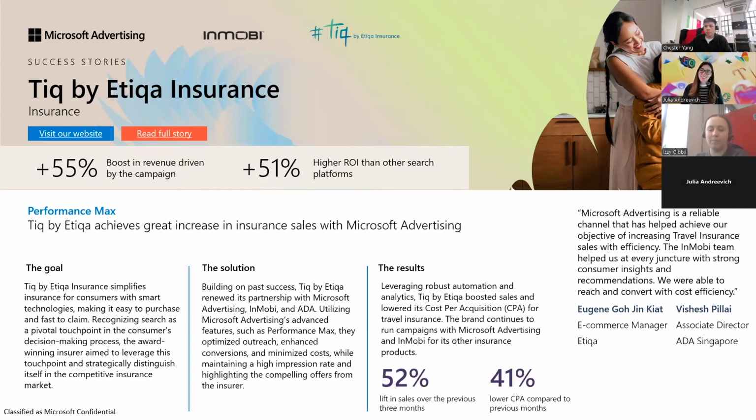So they reduced the cost per acquisition for their travel insurance, and in just 3 months, they saw a 52% increase in their sales and a 41% drop in CPA compared to the previous months. And as